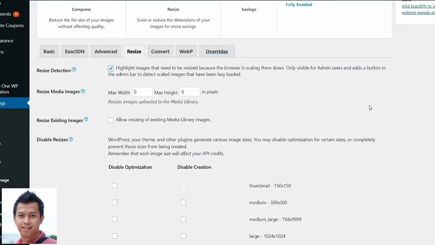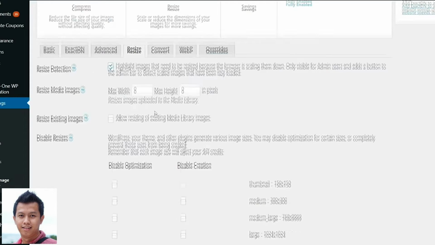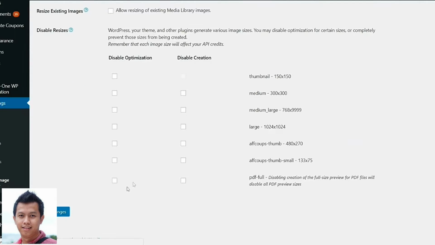using a very big image and you don't have to use that image. Okay, the browser or your website will automatically show that image in a small size, the size that it should be, but you have uploaded a very big size which is not required. Now whatever image that you have like that on your website, it will highlight those images. If you don't understand that, don't worry, simply tick mark over here, click on save changes, and let me explain